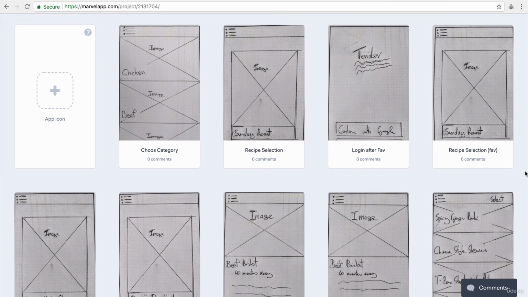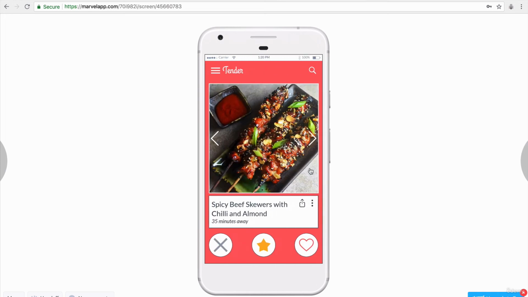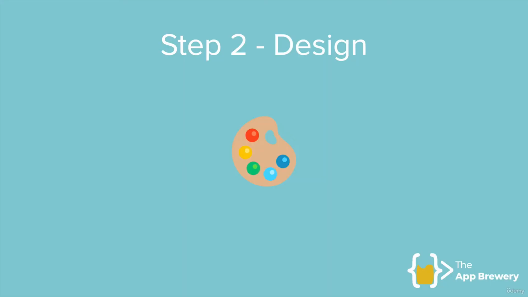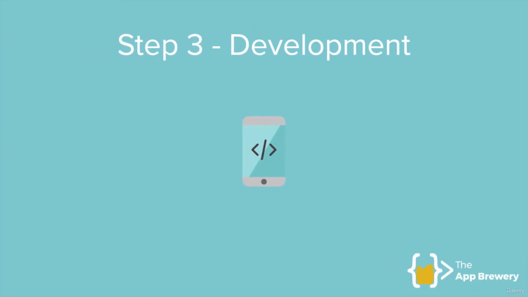In this App Development Bootcamp course that you're enrolled on, I've included full modules on app design. So you'll learn how to build wireframes, how to build prototypes for your app, and learn how to use all the tools and the design principles to make not just a functional app, but a beautiful app that people will love. And then you can move on to step 3, which is the actual development, the programming of the app. And that is going to take up most of our time in this bootcamp.